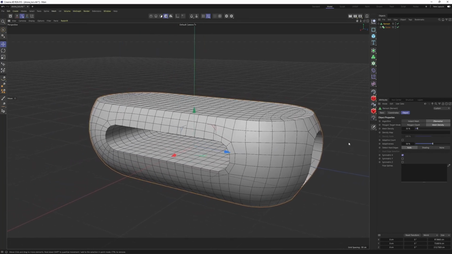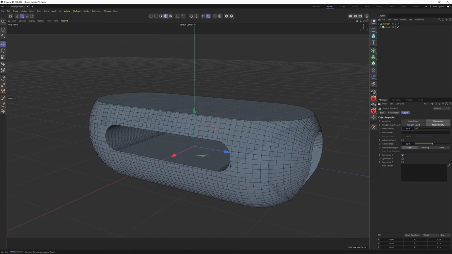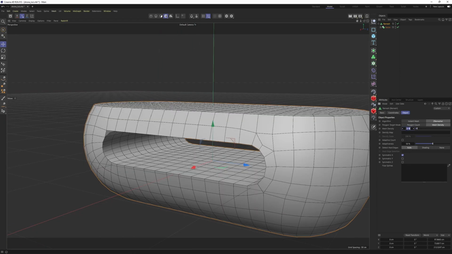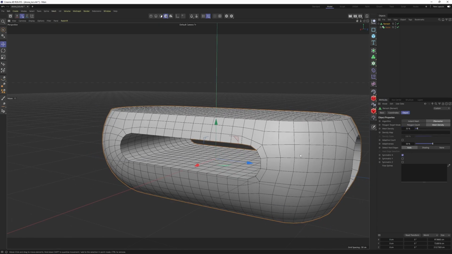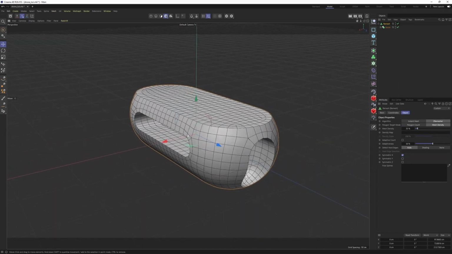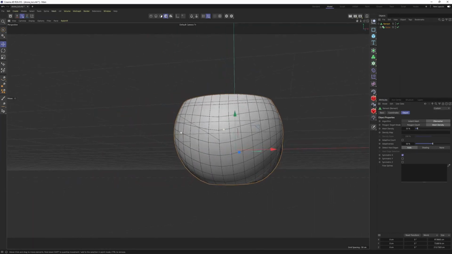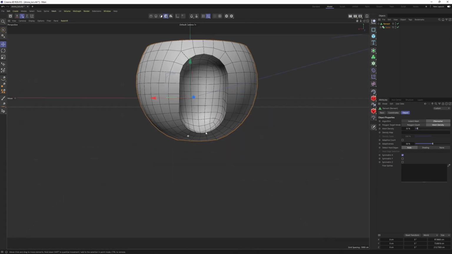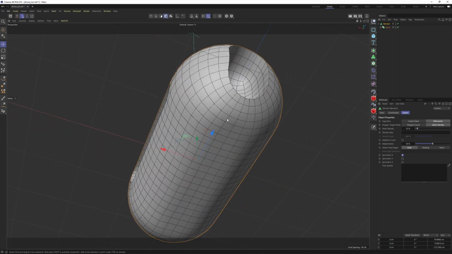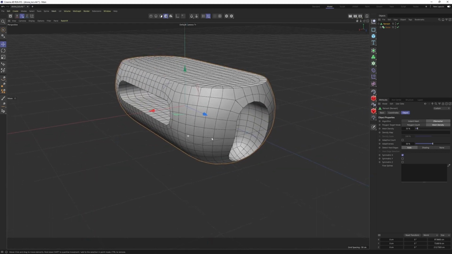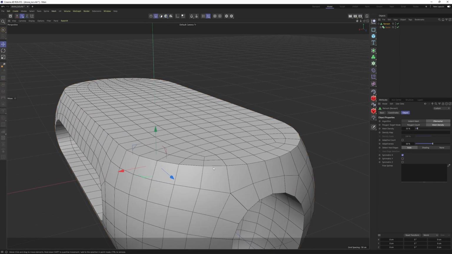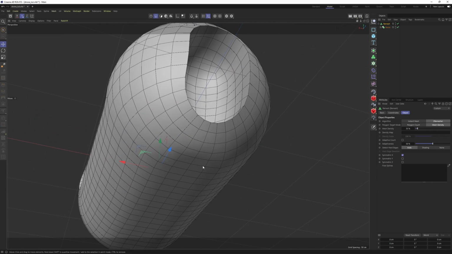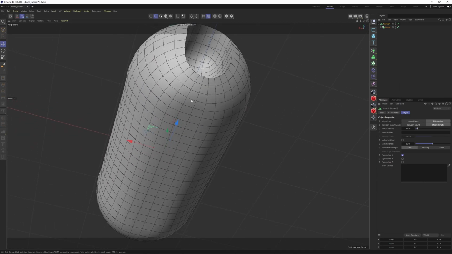I mean, we can try to go lower, but after a point, it will start to break. We should find a balance, and 35 is looking okay. Let's check it one more time. Everything is looking clean except the bottom part. I mean, it is looking great. There is no wrong over here, but I want the bottom part just like the top part, clean and sharp edges. But right now, this is really smooth and it is gonna create a problem when I want to add